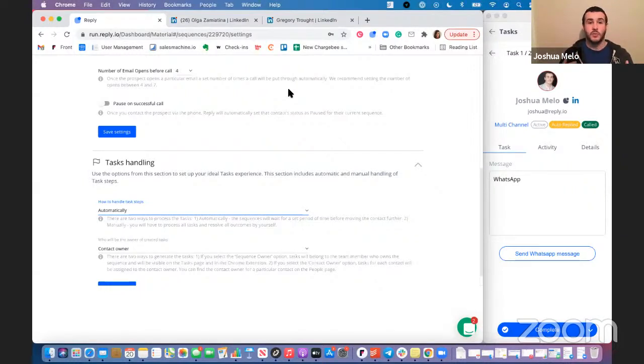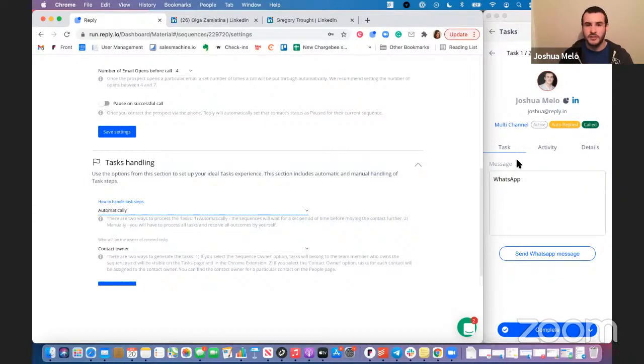And if you're working in a very niche industry, you are probably better off targeting people that are going to be a bit more receptive out of the gate than just getting a massive generic list and throwing in a bunch of supplementary task steps just because the tool allows you to do so. You want to use the right tool for the right job. And while Reply can be used for a lot of different jobs, you do want to take into consideration what the end result you want is.